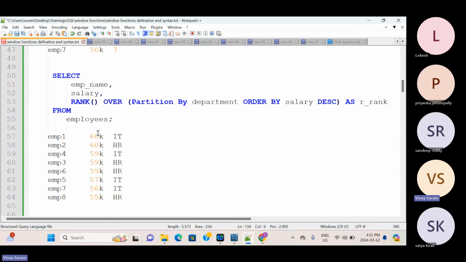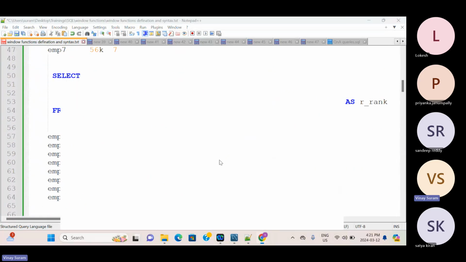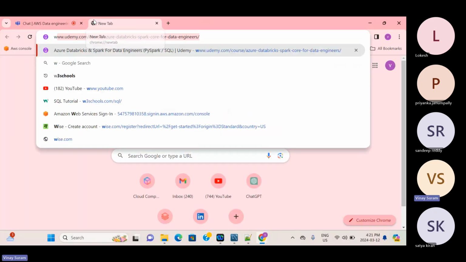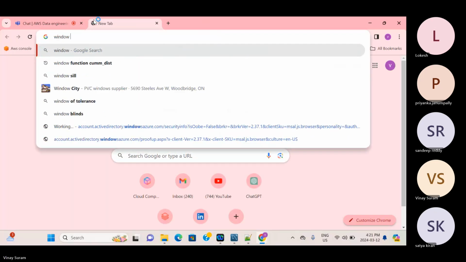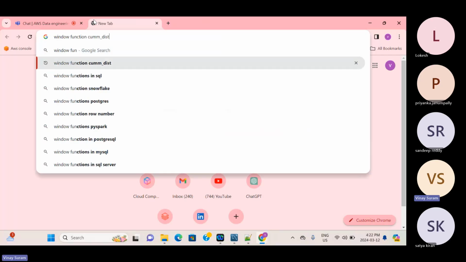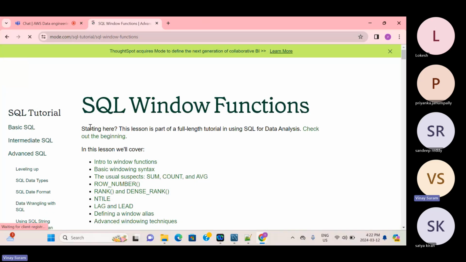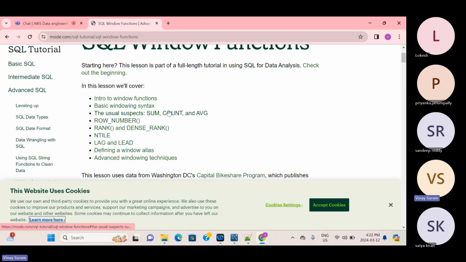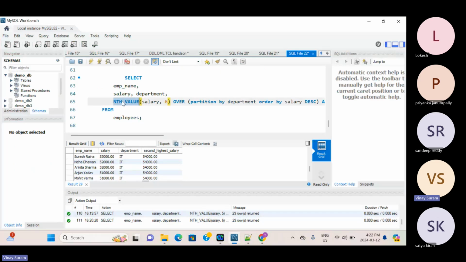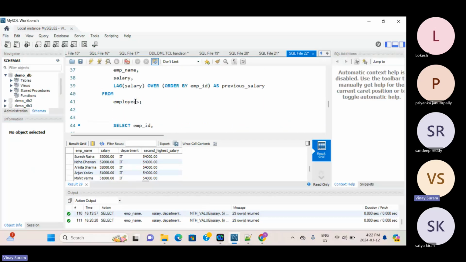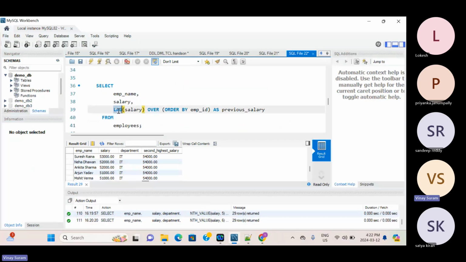Later, once this is done, if you have time, you can go through some other window functions in SQL. We have done row number. Sum, count, average also you can do. Instead of nth value, you make it sum. No need of writing the six. Instead of lead lag, if I write sum of salary order by ID,